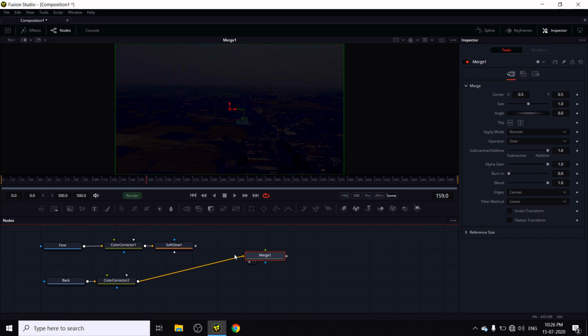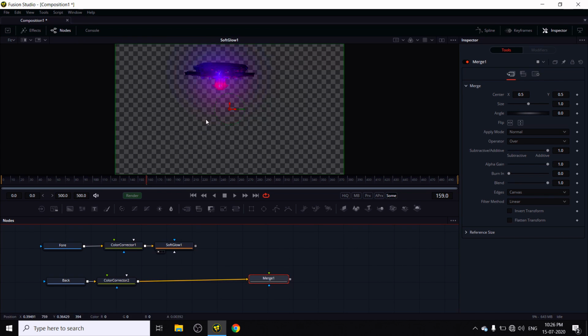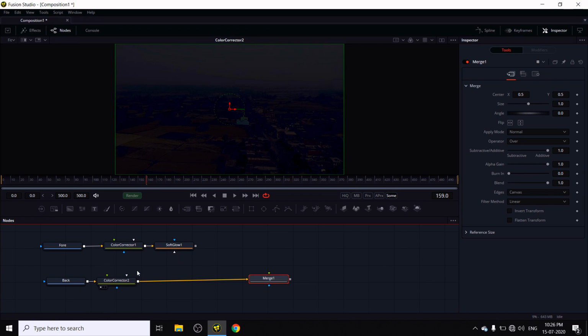For example, if you want to export only the foreground separately, then you can use a saver node for the foreground only with this effect. And at the same time, if you want to export your background with this color, you can export foreground and background separately